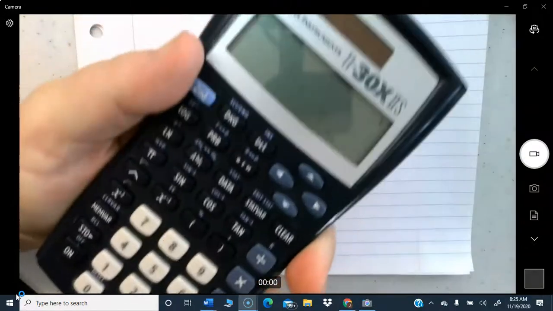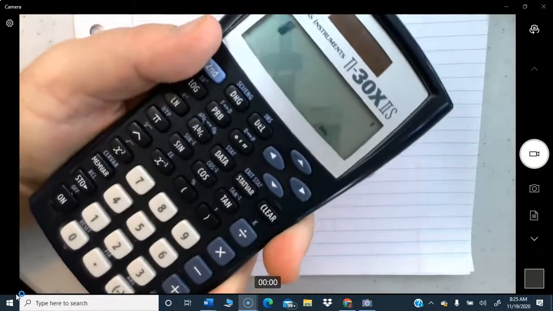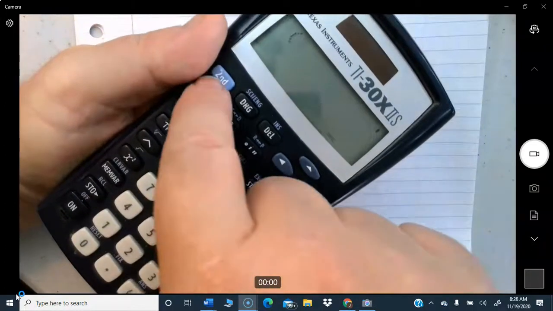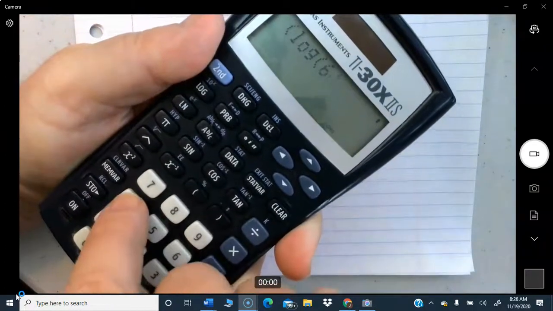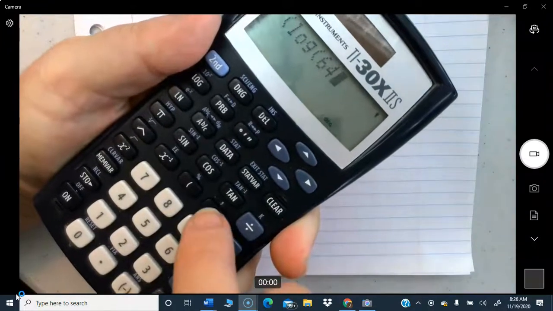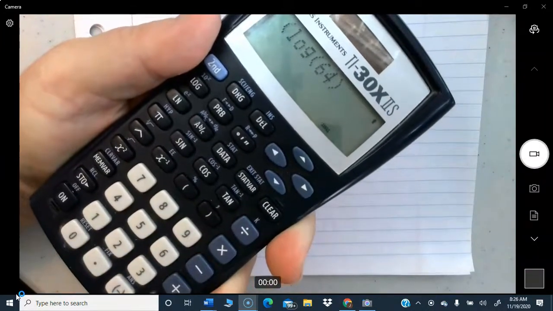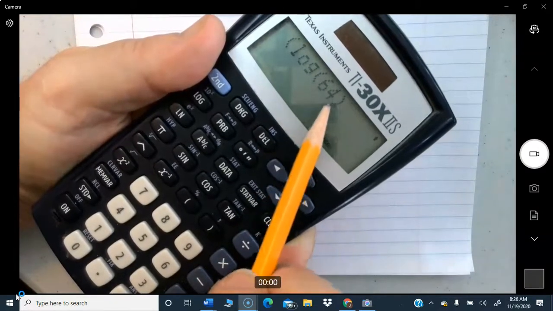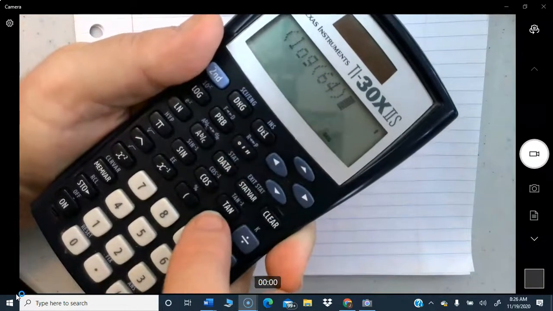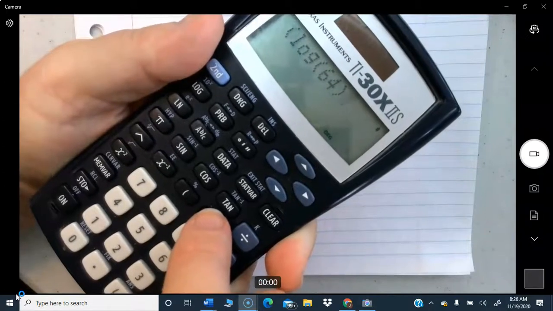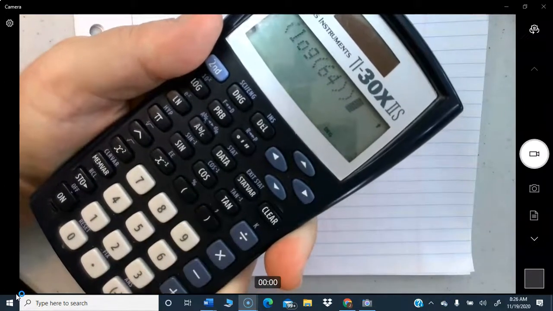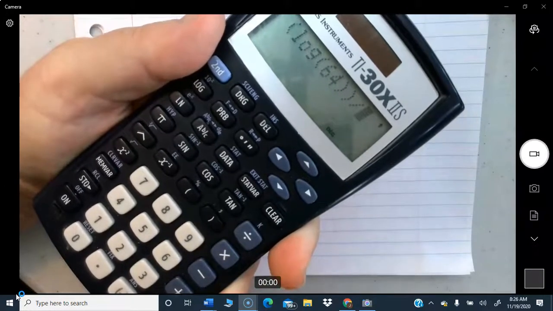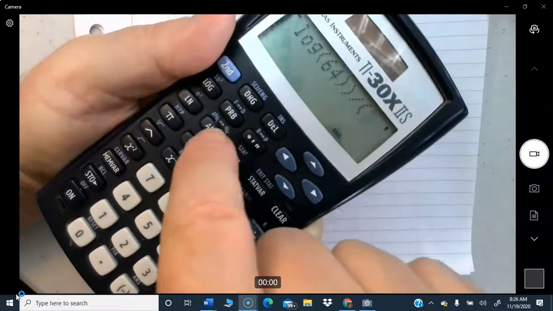I'm simply going to, and I like to use parentheses on a calculator. I'm trying to make this so you can see it. Parenthesis, log 64, close parenthesis. Now you have to close the parenthesis twice, because you have a parenthesis right there for the 64, and then you have one out there. If you don't do that, it's going to come back with syntax error or cannot compute. So I close the parentheses. Now I'm going to divide that by parenthesis log